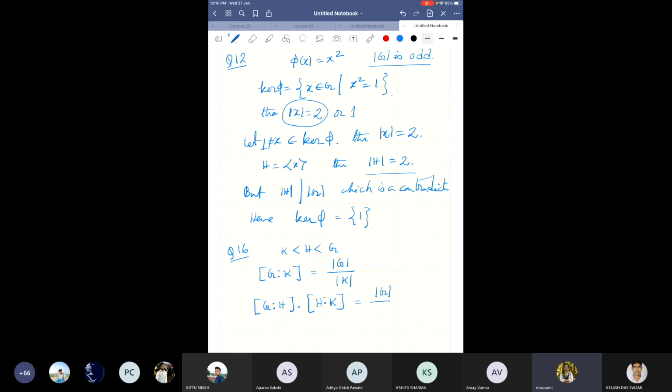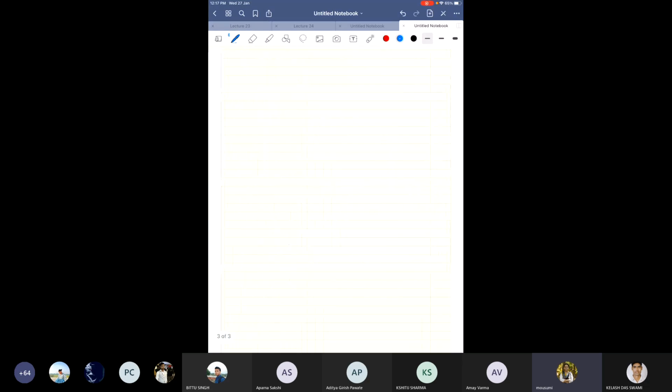This is the order of G divided by the order of H. And what is H colon K? The order of H divided by the order of K. So this is nothing but the order of G divided by the order of K. We can prove it like this, if the group is of finite order. Ma'am, I thought I tried using a theoretical proof, not this. No, this only. But now the thing is, if the order of G is infinite, then